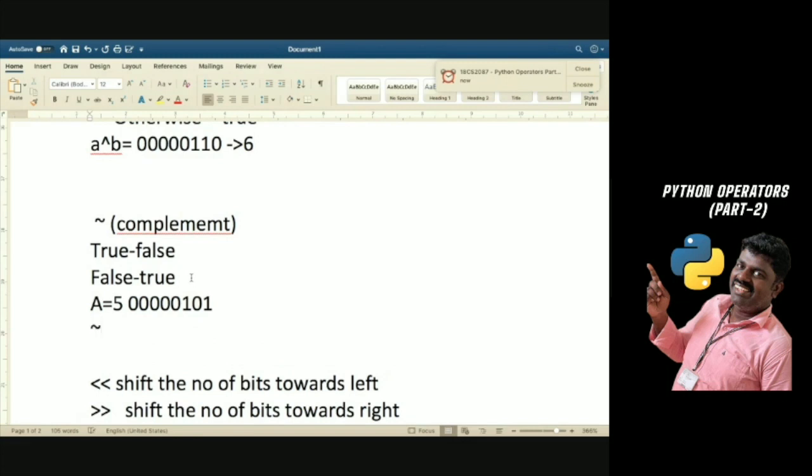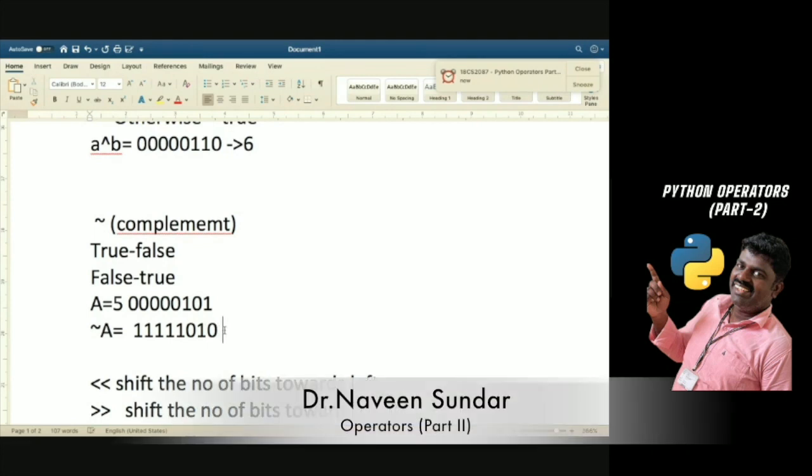Yeah. So negation of A. I'm giving the capital letter itself. Then all the values of 0 will become 1, and all the values of 1 will become 0, right? So what we can do: 1, 1, 1, 1, 1, five ones you will get, and then 0, and then again 1, and then 0. Got my point? So what is the corresponding value of the binary value of it?